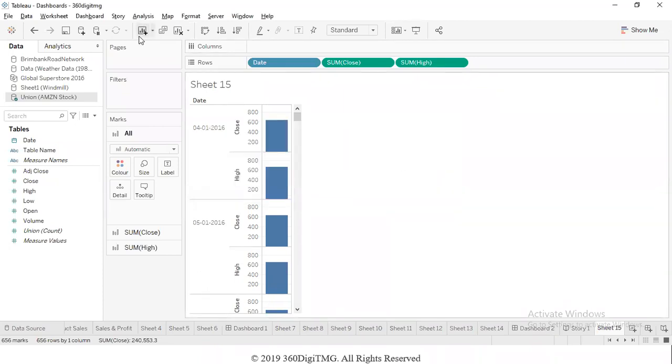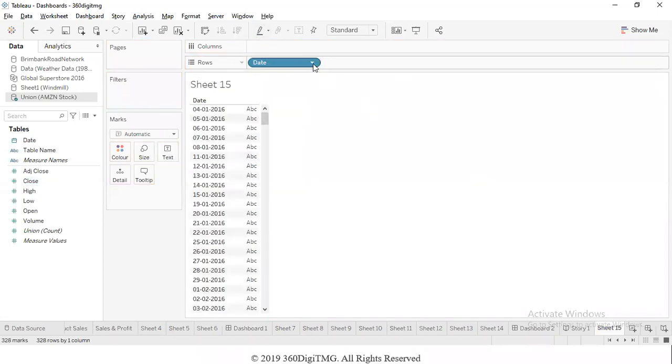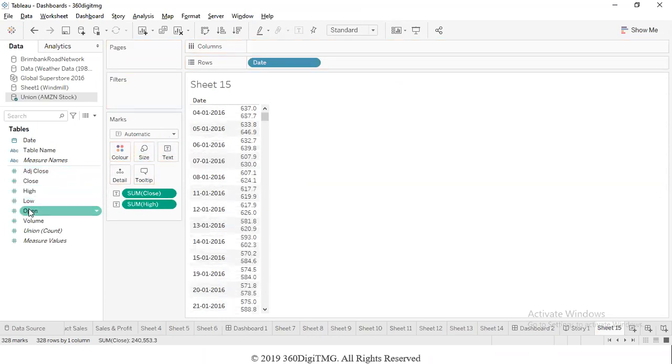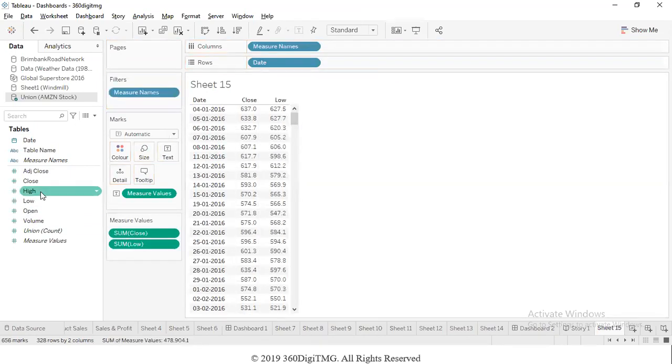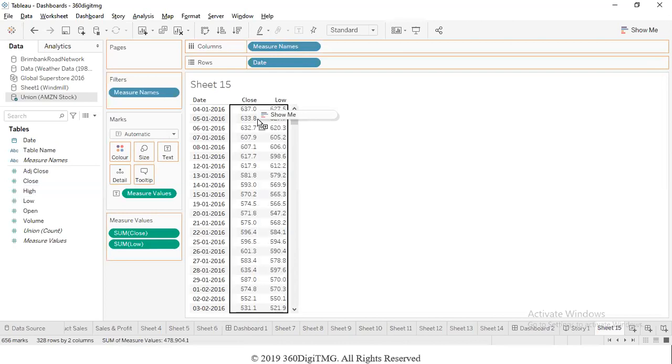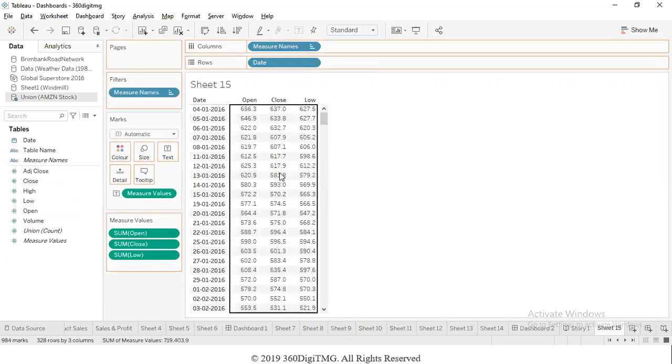I think before creating it, I will remove it. Date. So we can see the date. And for every date, we want to see the information. This is not good. We will put it in the table. Opening price, closing price, low and high.